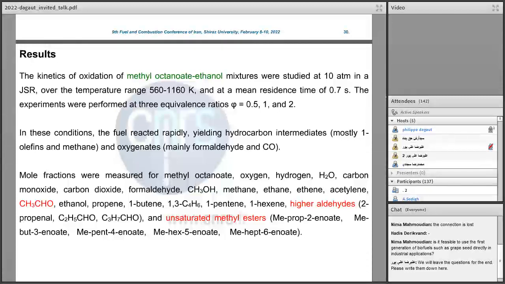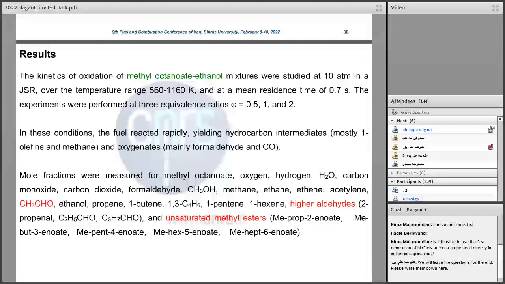So we studied this fuel mixture in a jet reactor at 10 atmospheres over a range of temperature from 560 K to 1160 K for a short residence time of 0.7 seconds. And the experiments were performed for several equivalence ratios, from fuel lean, excess of oxygen, to fuel rich, excess of fuel. So in these conditions, I will show you in the next slide, the fuel is reacting rapidly, and it leads to the formation of many intermediates